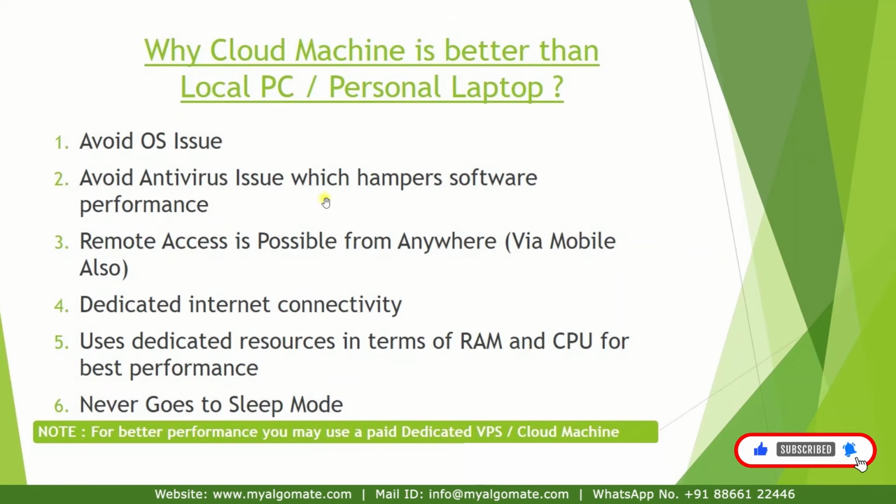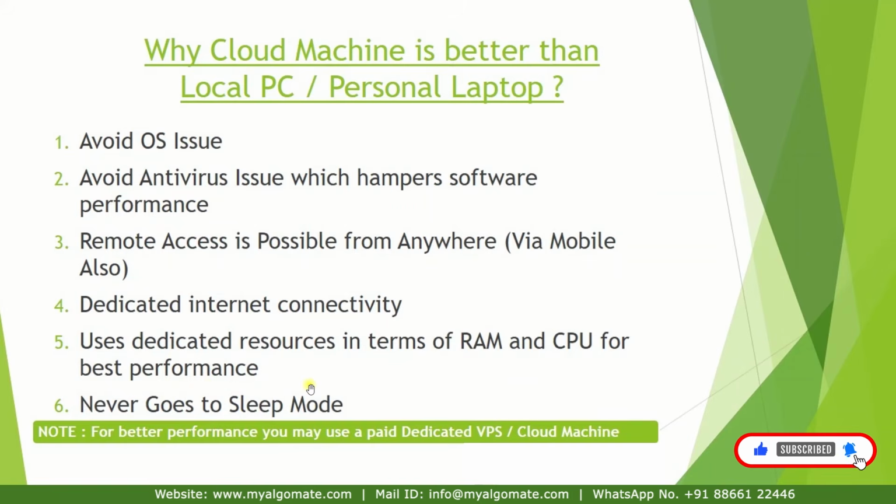By installing it in the cloud machine, you can access it anywhere, whether it's a Windows PC, MacBook, tab, iPad, Android phone, or Apple phone. If you have installed the software on a local machine or laptop, and if your internet goes down or slows down, then this may impact the performance of your copy trading software. We recommend that you only use the cloud which has dedicated internet connectivity. Your laptop or PC might have a lot of programs and browsers that are open, which consumes your system's memory and processing. Installing only copy trading software into a cloud machine so that all resources can be used to the maximum.